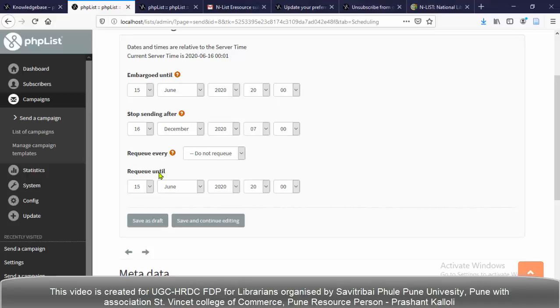The first day it will send 500 emails, and the next day it will send 500. So I will send the mails to my total targeted users. Actually, the magic is here. The system requeues mails in intervals and sends mail to all.